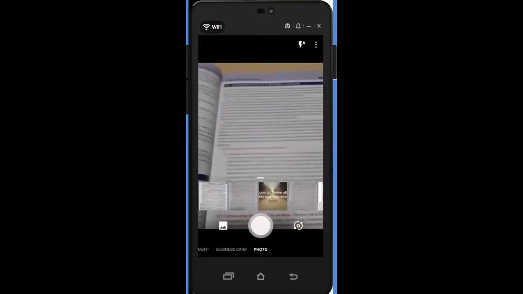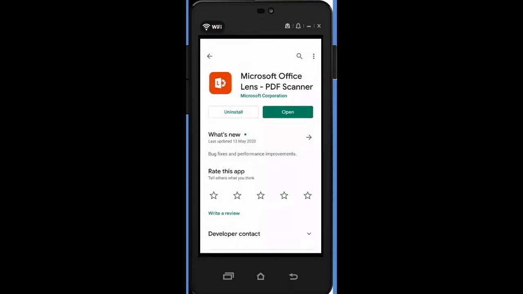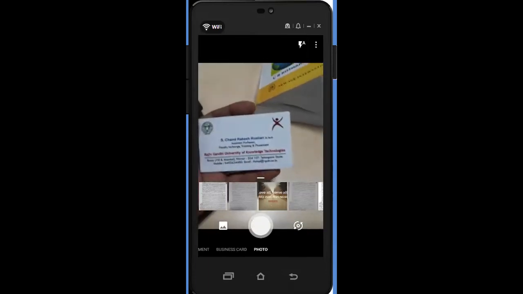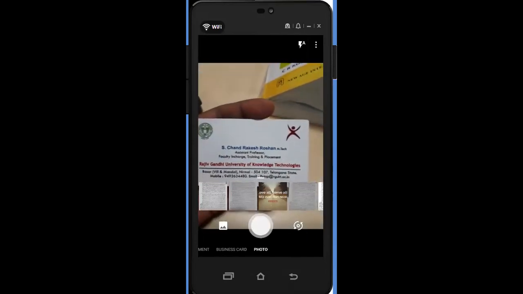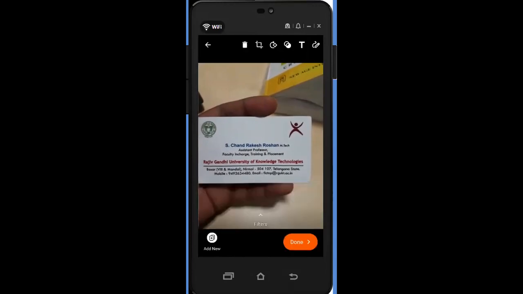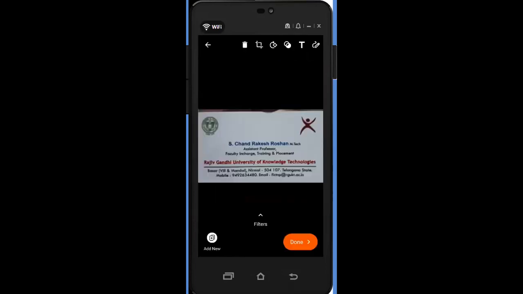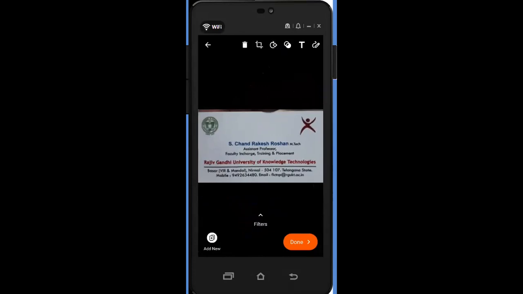The next one would be, I can do the same with cards also. Maybe I'll take a card right now, and then you can just scan the card. Generally, you don't want to keep cards, you don't want to have a collection of them. So you can simply scan it and keep the copy of this. Once again, you can crop it, and the same features that we have seen, you can rotate it, and as I've said, you can highlight things here also. Okay, so done.